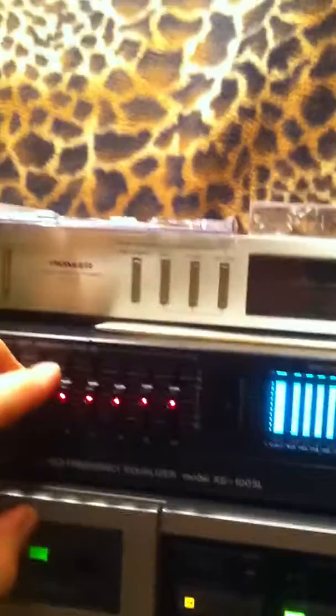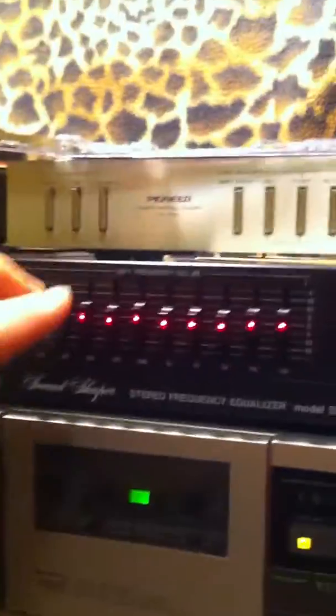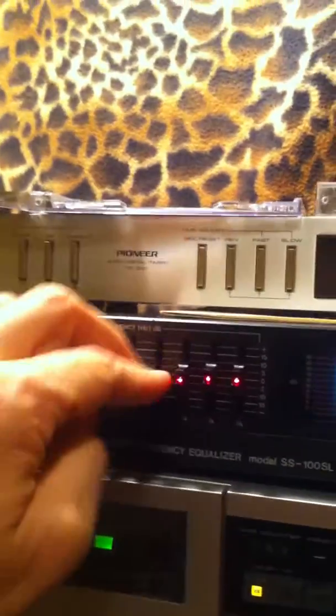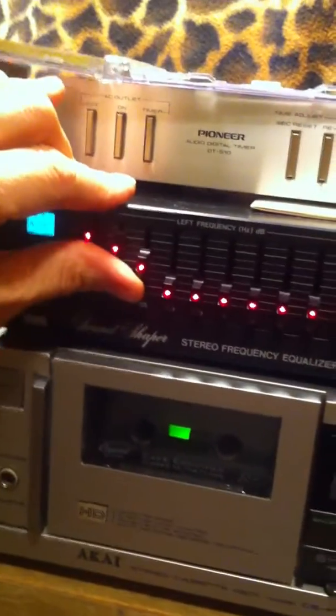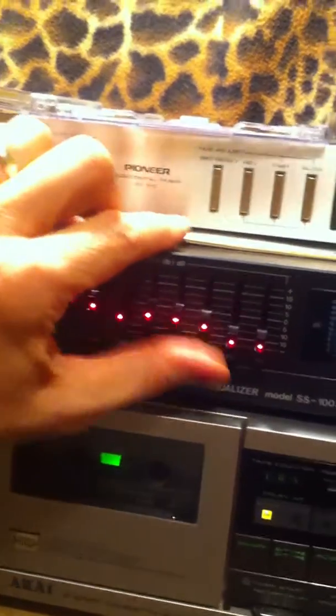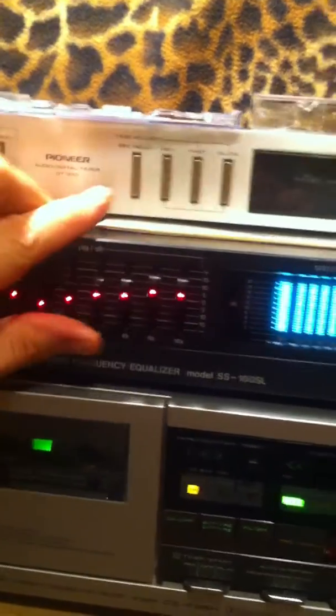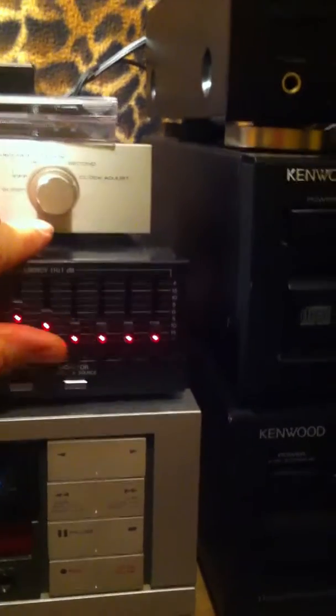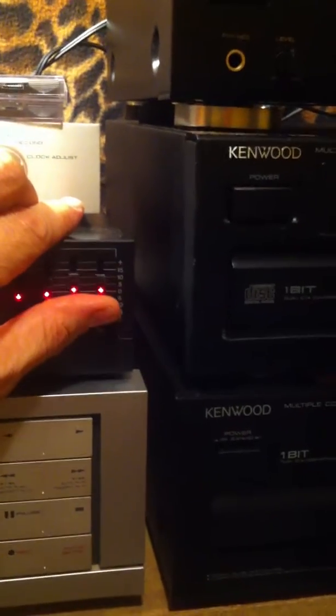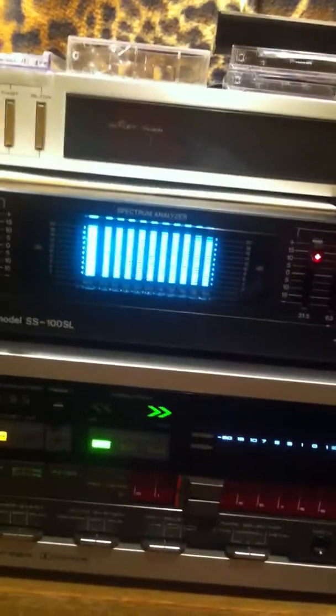You won't get a great audio demonstration on a cell phone video, but we'll show you what the equalization can do. We're going to turn everything completely down, and you see you just about lost everything there. Now we'll start bringing it back up here. You can probably start hearing that coming up from the left channel. Right channel coming up now. Don't know if you can tell much of the effects there on the cell phone video,